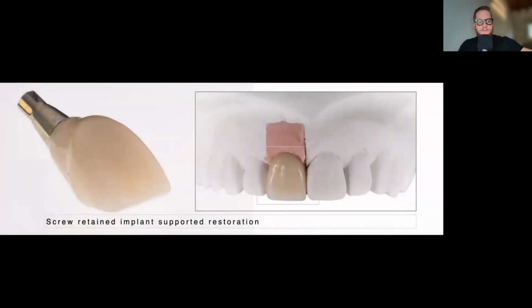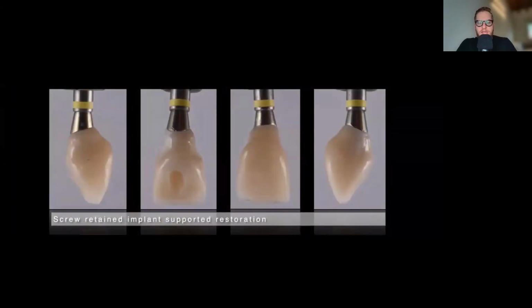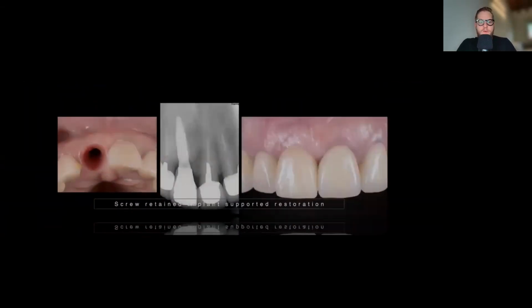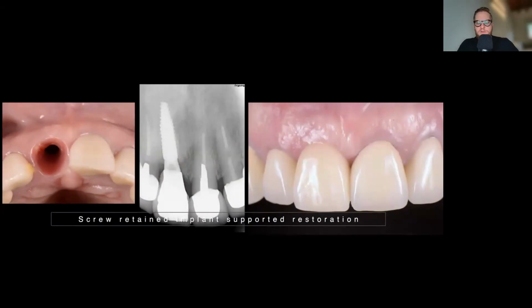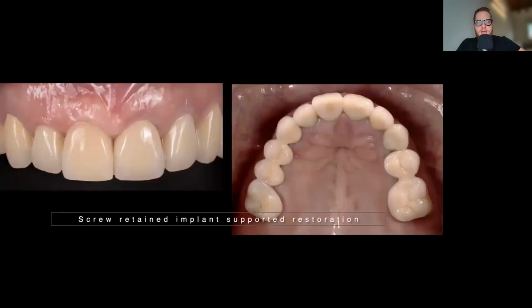Once that's ready, we design the final restoration, and that's a screw retained implant supported restoration that's going to be zirconia layered on the buccal area with a metal connection. It's very, very important to use a metal connection. And this is the final result. And as you can see, we're able to have a nice soft tissue result, and everything was blending very nicely